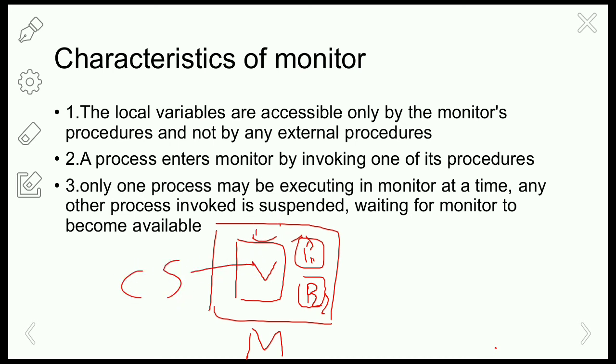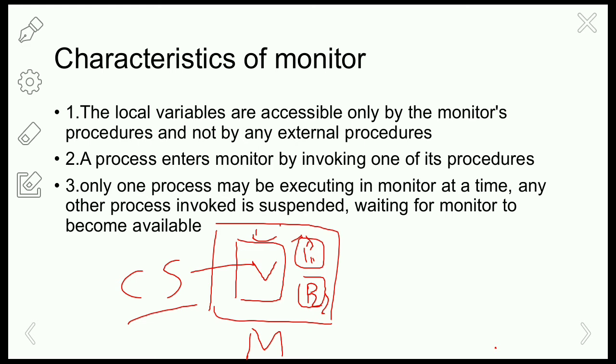Okay, so if a particular process wants to access these shared variables, then it can access the variables using the procedures given in the monitor only. And what about the data structures here? Okay, coming to the point of data structures, so we know that arrays, stacks, queues are the different types of data structures in the internal.